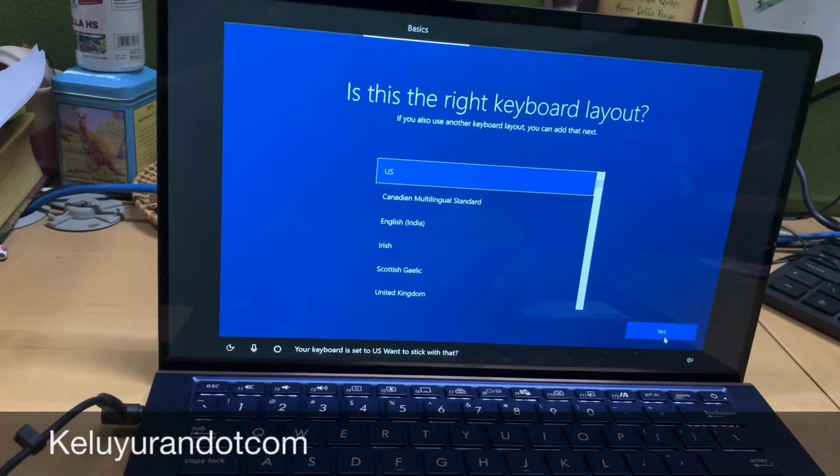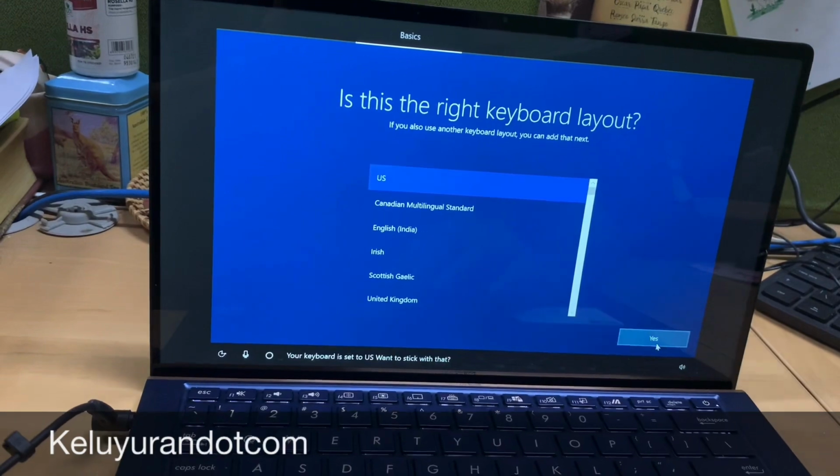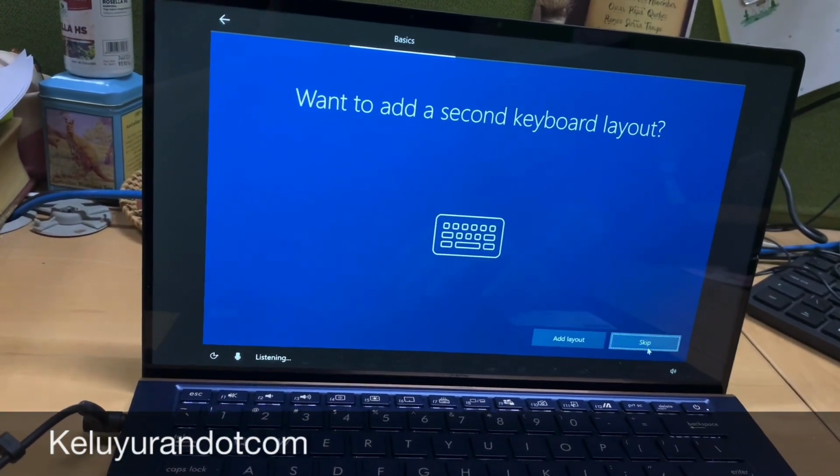Your keyboard is set to US. Want to stick with that? Do you also type with another keyboard layout?